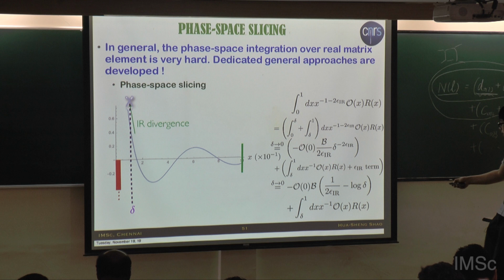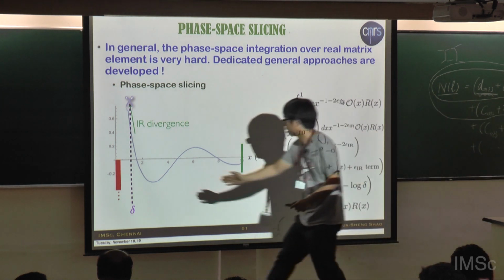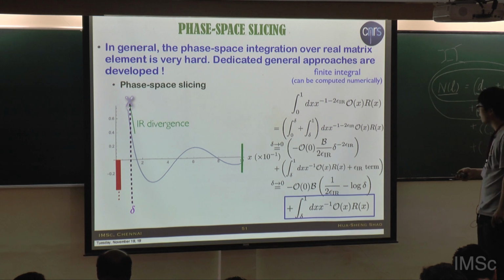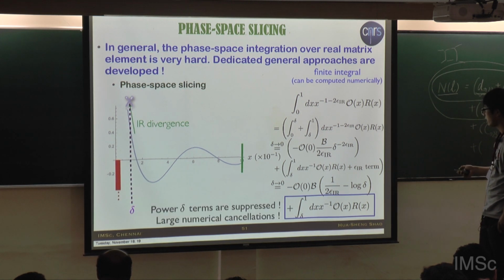Then it gives me 1 over 2 epsilon IR minus log delta. Okay, so remember that log delta, you need delta to be infinitesimally small because you neglect delta as a linear power, right? And the 1 over delta part, this phase space part, you can integrate numerically. Okay. So the finite part can be integrated numerically, and